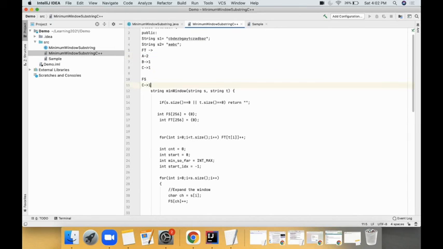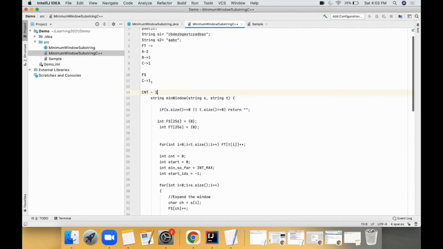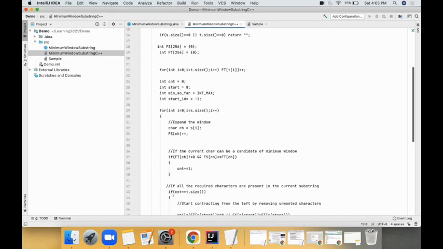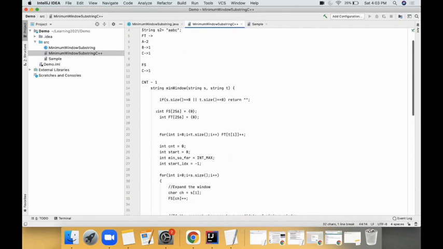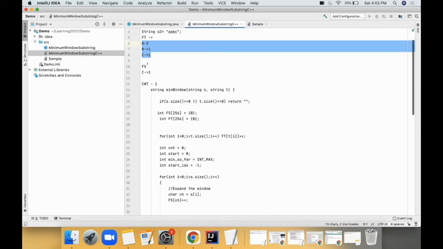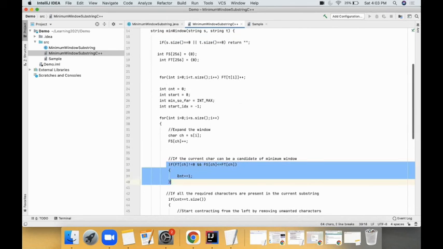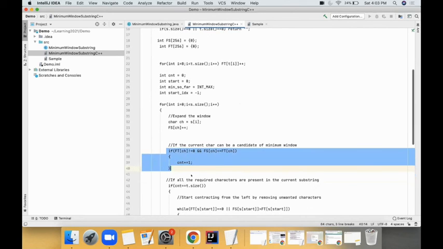So I will increment one of my variables to say, yes, I found one character. Now, if the number of characters found is equal to the size of all the characters which need to be found, then only I have an answer, and I will start decrementing my window to get the minimum answer. So I found a character which is similar in the second string, and my count is smaller than or equal to whatever the count required is. Then I will do this increment by 1.